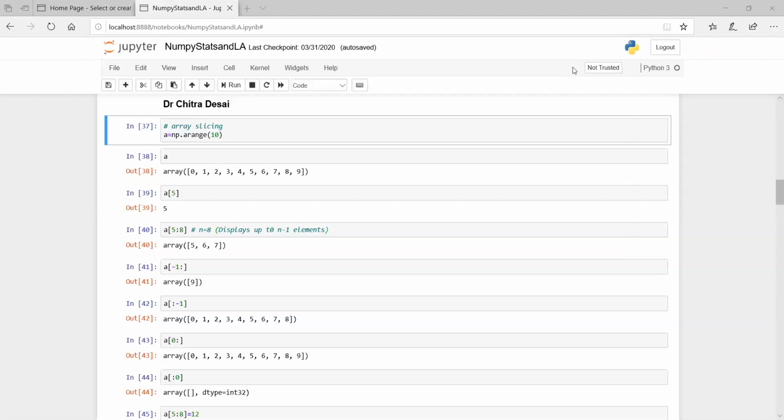Now, when we look at these basic functions, they sound very simple at the first go, but when it comes to analyzing a very large data set, these basic functions will be the first-hand functions which can be used to get a better insight into the data. Now, moving further, we will see how array slicing is done.